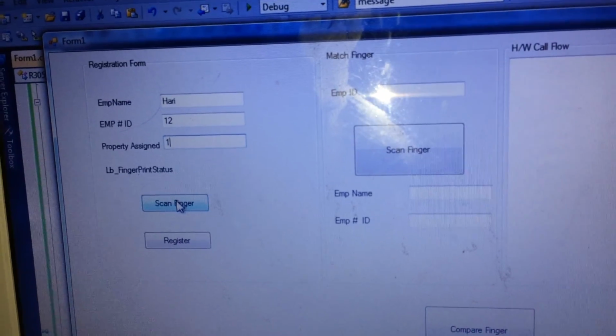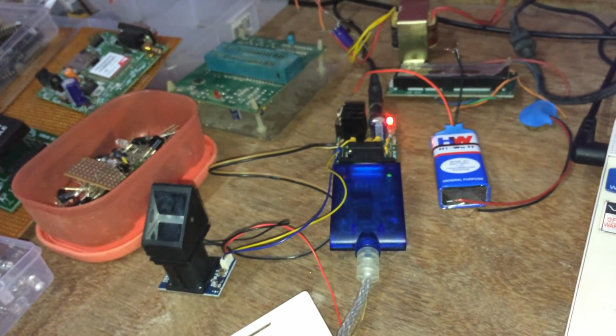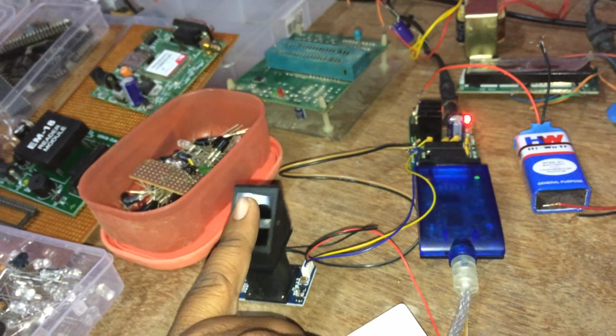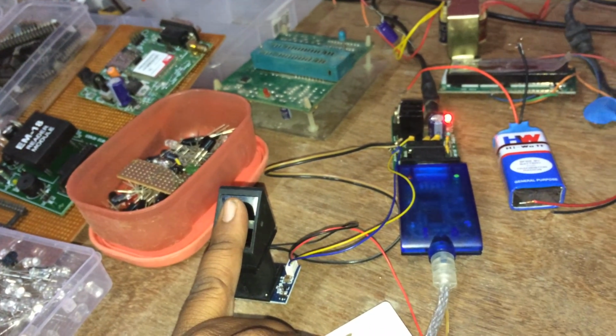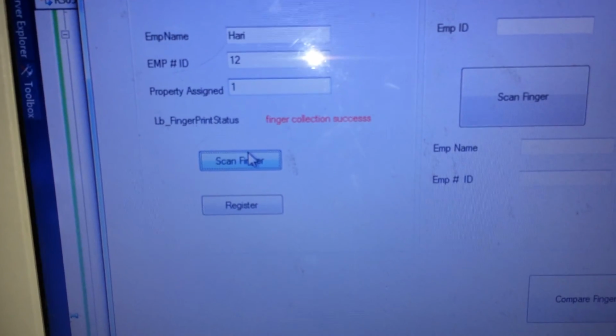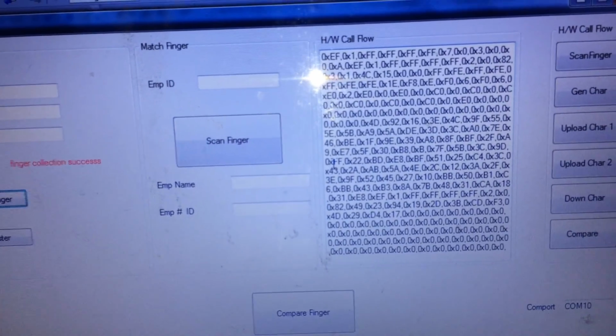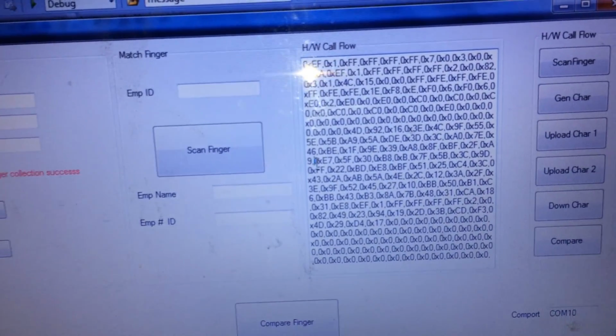Next is scan finger. Now I'm placing my pinky here, and I'm just pressing the scan button. Whenever I click scan, you can see on the PC side, finger collection succeeded, and the next tab, hardware call flow, shows that